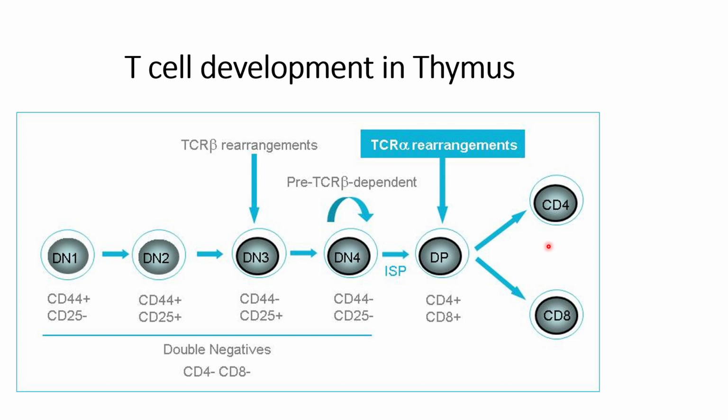And finally the thymus produces the double positive T cells from the double negative T cells, that have both CD4 plus and CD8 plus receptors. One more thing that we need to understand is that when this TCR beta rearrangement is going on, there is also the possibility that TCR delta or gamma rearrangement might also occur in a small percentage,